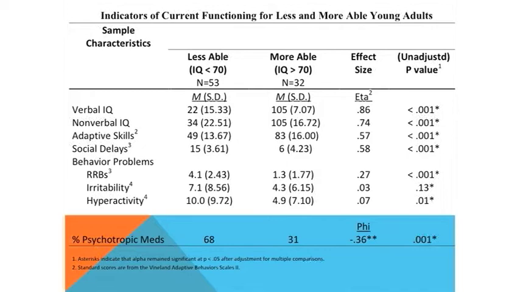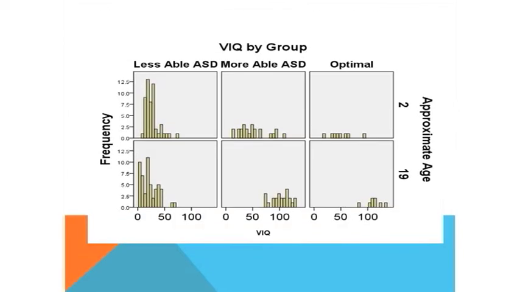And if you look at social delays, this is just the ADOS social score. You can see the less able kids have lower adaptive skills, higher ADOS scores. They have more repetitive behaviors, more irritability, and more hyperactivity. This is right now at 19. They're also much more likely to be taking medication for behavior. This just shows you verbal IQ distributed by group. And where I'm going actually is that we're going to pull out 8 of the